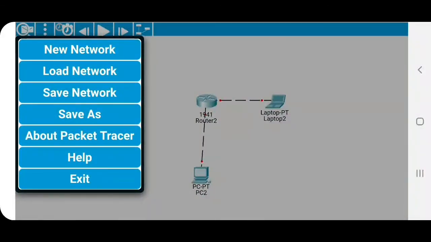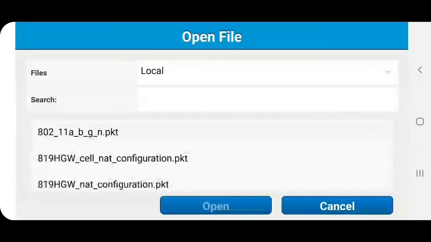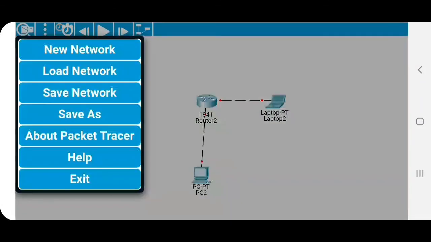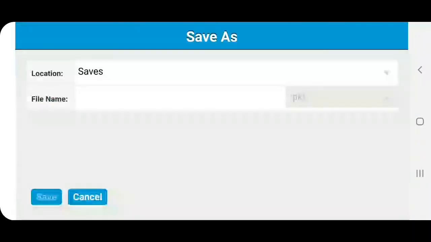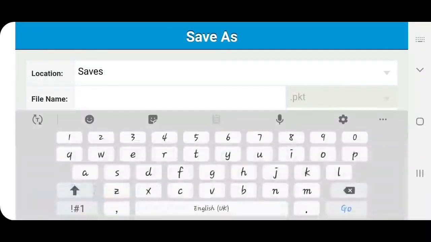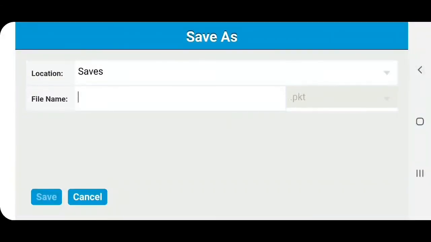This loaded network will usually be saved in your device or your social media. Then Save As, you can also save this project if you log in. Like myself, I've logged in, so I can press Save As, then put the file name and just press save.